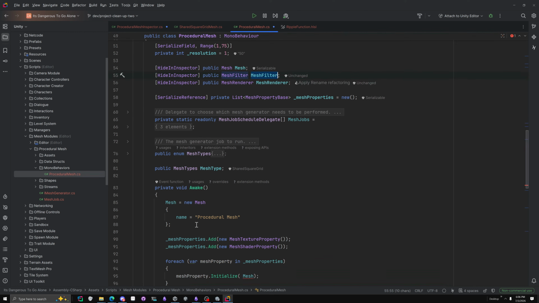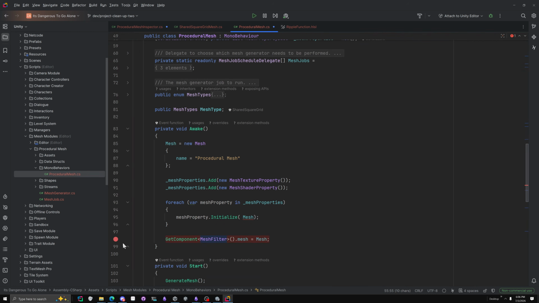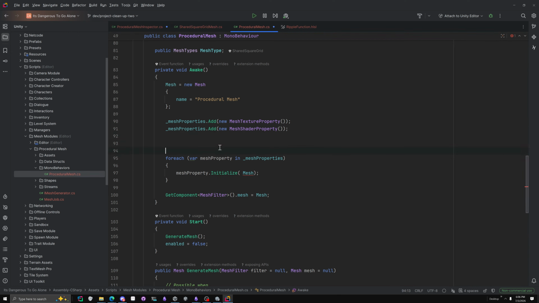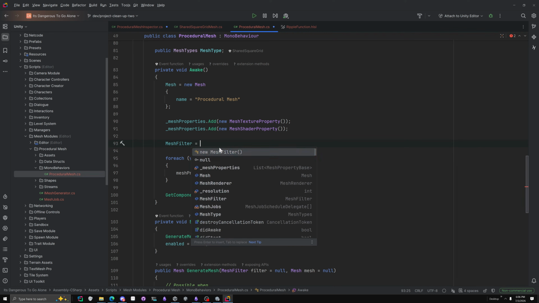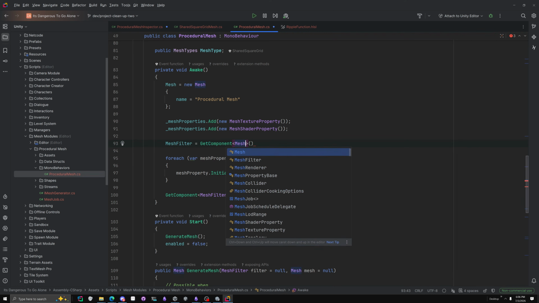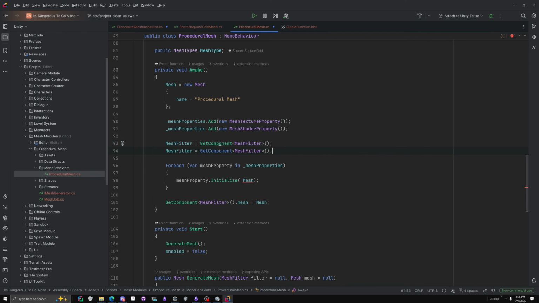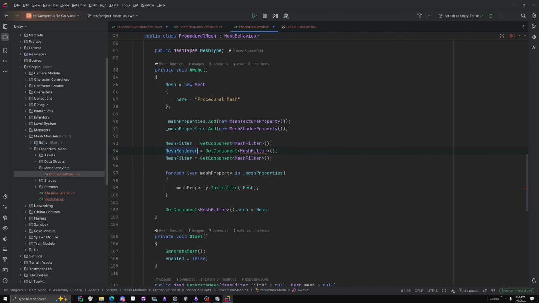I just want to demonstrate an example of this. We're going to do mesh filter equals get component mesh filter. I'm going to say mesh renderer equals mesh renderer, and I'm also going to say just mesh, and we're going to say equals